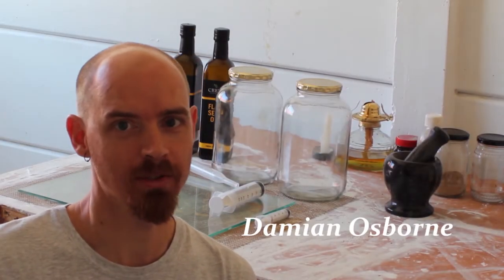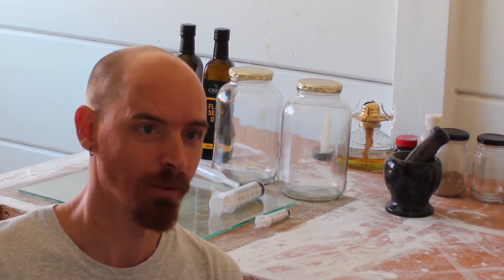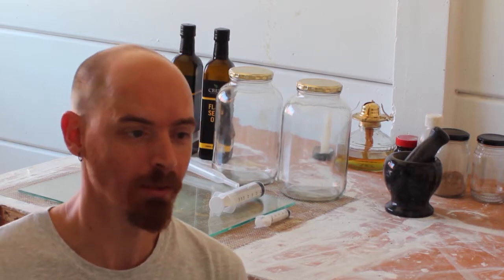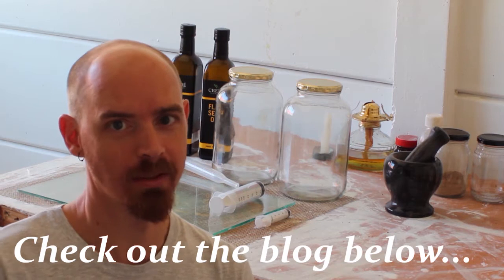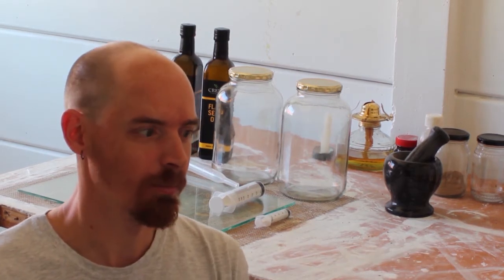Hi everybody, I'm Damien Osborne and I'm a fine artist from Cape Town in South Africa, and today I want to be making my own linseed oil. Basically this is the foundation for making good paint, is to have a decent oil. So I'm going to show you now how I do that, and it's a method that I got from Tad